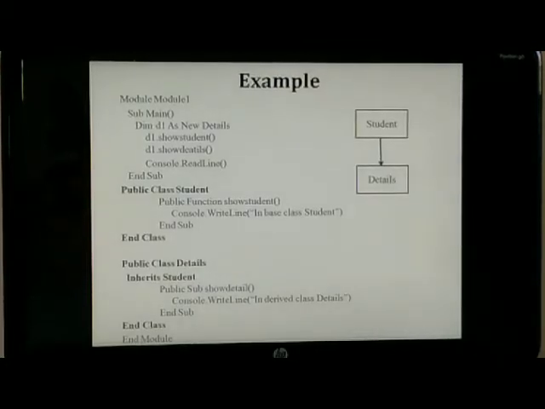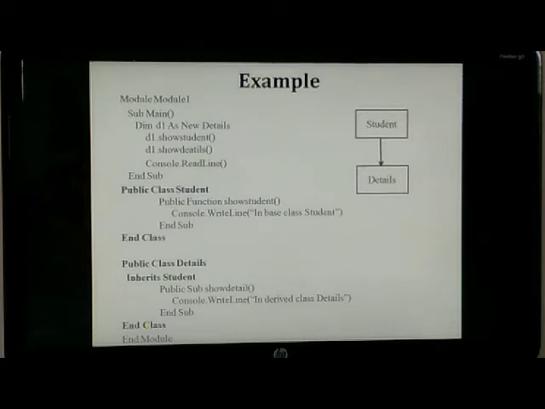Here we can see the student class, and after that the details class is inherited from the student class. I have created the object of the derived class. In the public class student, I have taken a function and printed a statement.